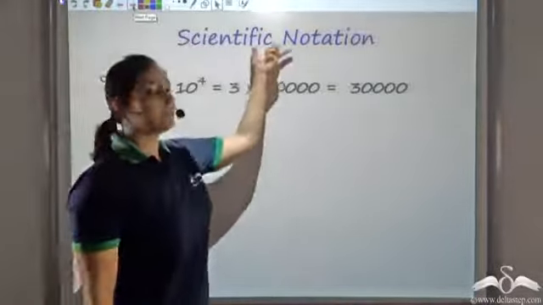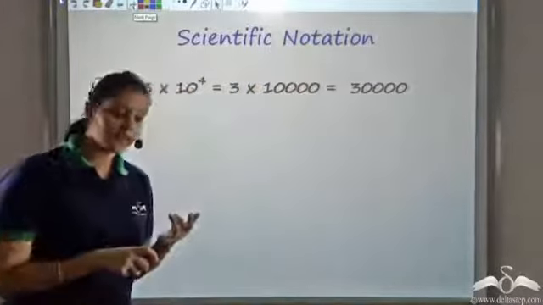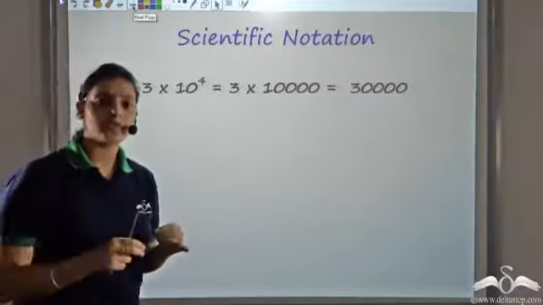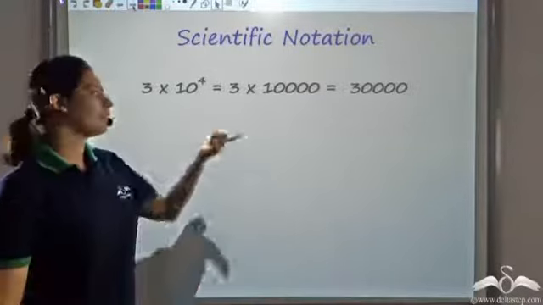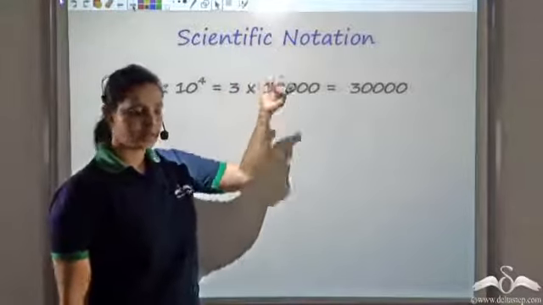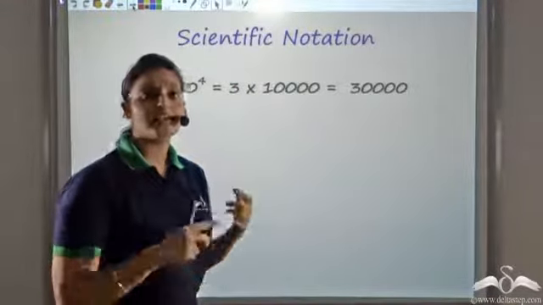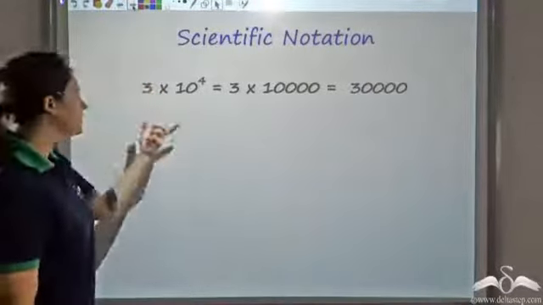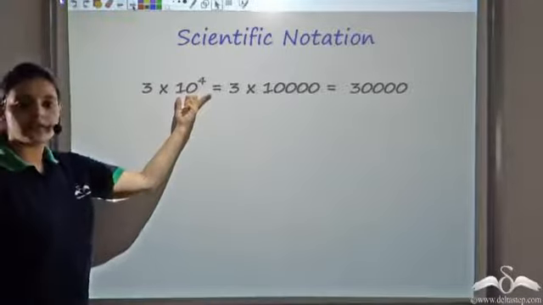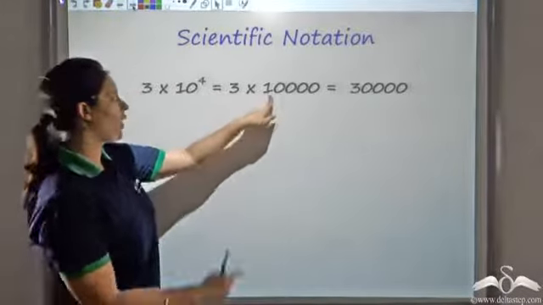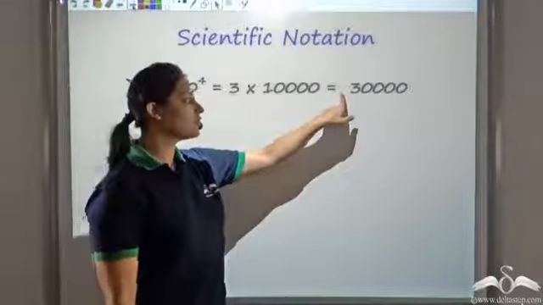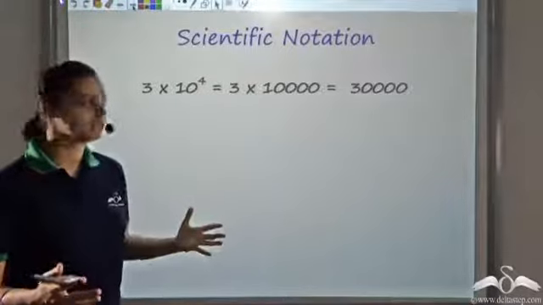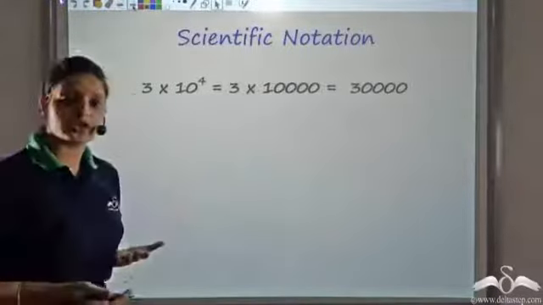Now, what gave way to scientific notation? To represent these extremely large or small numbers in a smaller way, we came up with scientific notation. Well, scientific notation was not really created, in the sense that it's not something new that someone came up with. The fact that 3 into 10 to the power 4 is 3 into 1 followed by 4 zeros, which is equal to 30,000, is a mathematical truth and not a new thing. So that's how scientific notation came up.